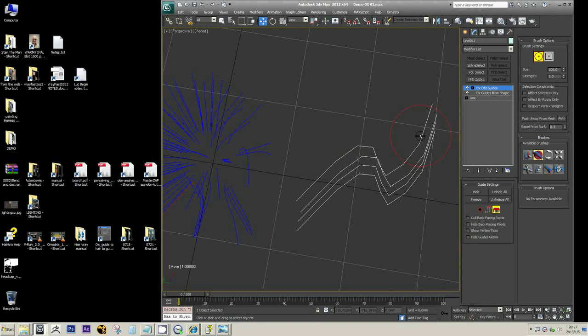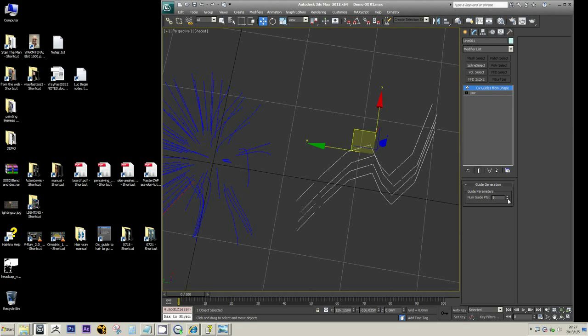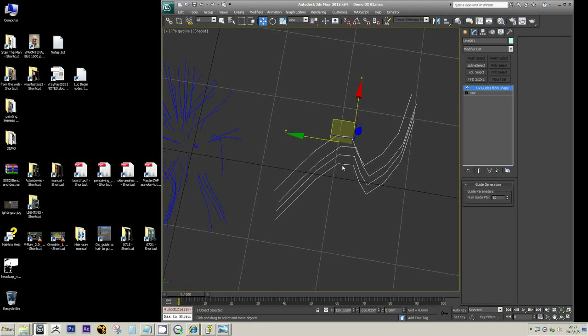So there you go. And here there's only one parameter, which is very easily configurable, which is the number of segments from the root to the tip, how much you want to divide it, in this case 10. So this guides from shape is useful